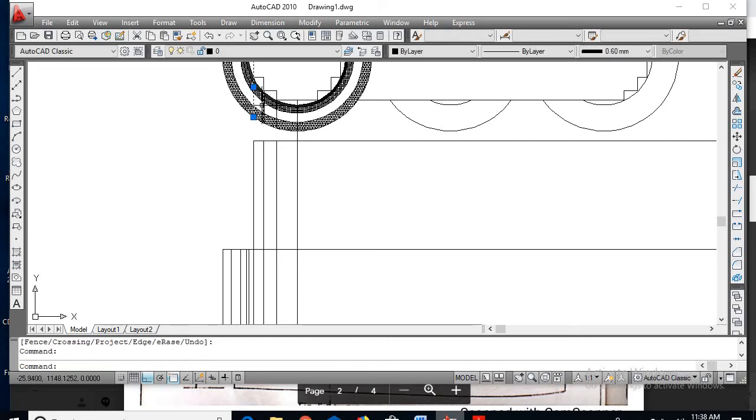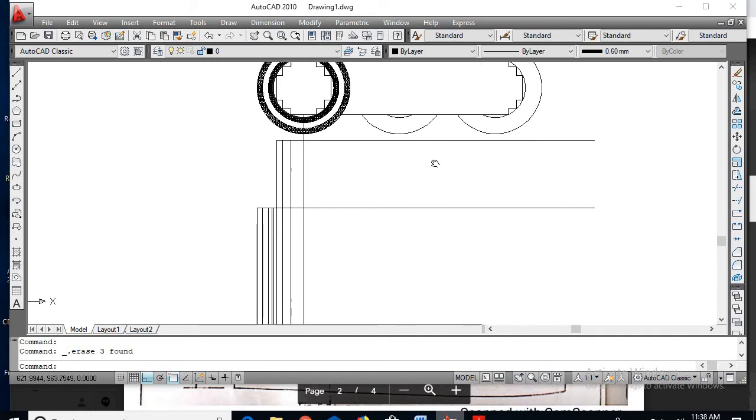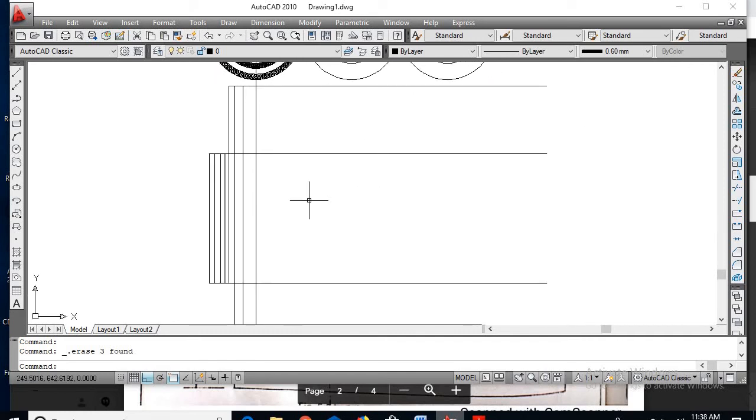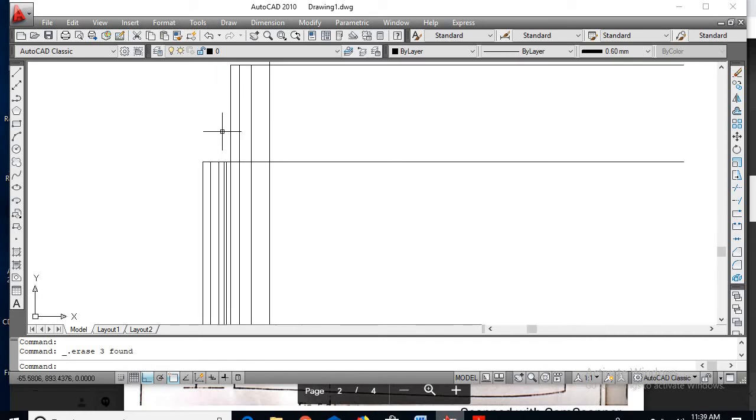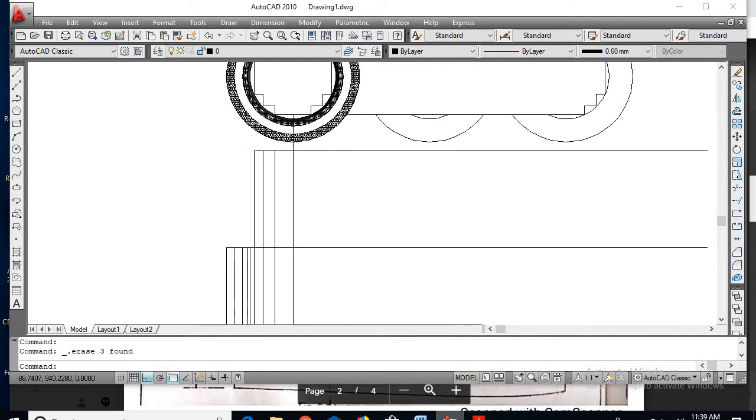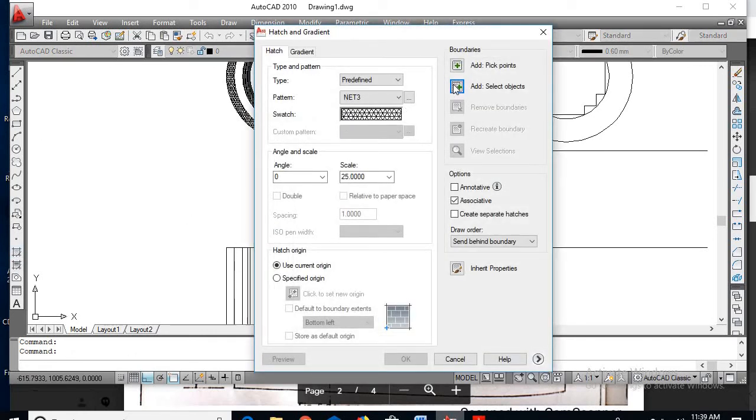Next select these lines and delete. Now we can go for the hatch command. So there is the thickness of the HV winding. Go for the hatch command. There is net 3.